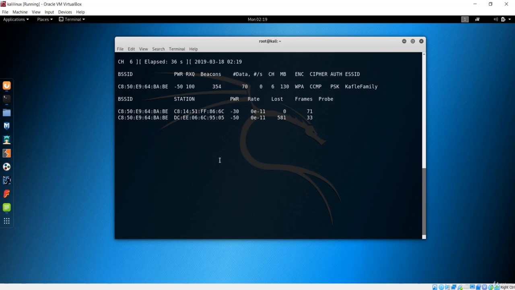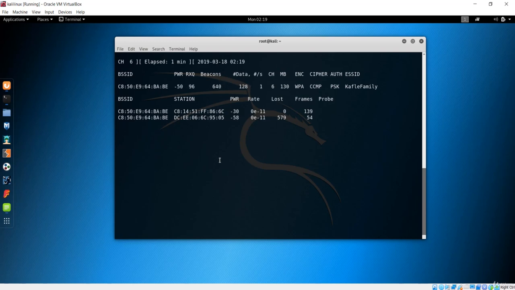But now we have to wait until this client tries to reconnect to that network, which will take so much time with this process, because we don't know when it will need to reconnect. Maybe due to some conditions the client may reconnect, but we have to wait till that moment when we get the reconnection from the client to that network.